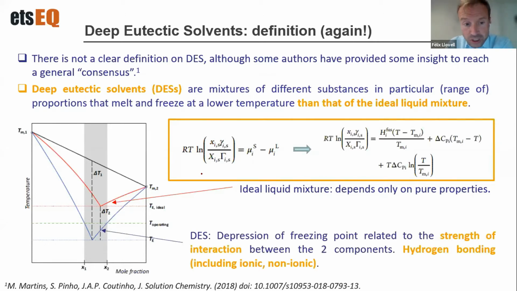In any case, the most important thing is not the definition, but what is going to cause this depression. In particular, the most interesting thing is that this depression will provide a higher range of compositions where the solvent will be liquid, and then it will be practical for different solvent applications. As far as we reduce the temperature, this is like ionic liquids in some manner, we have more opportunities to use these compounds as possible solvents for many different applications.